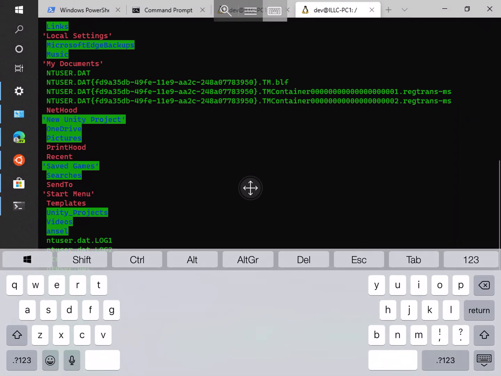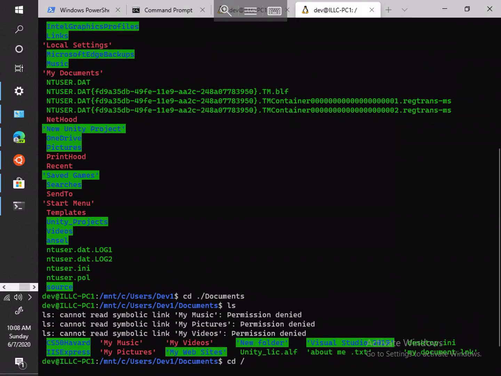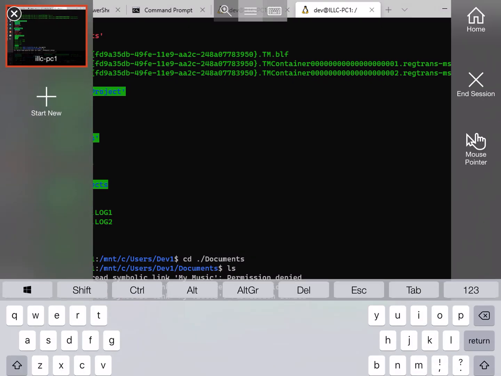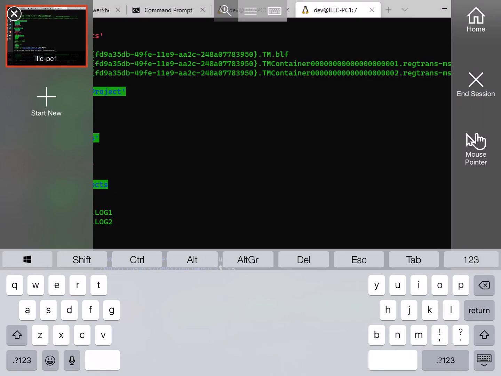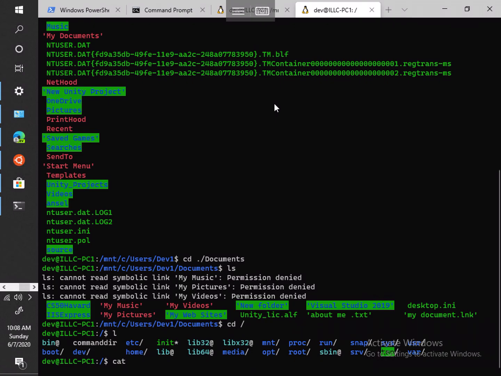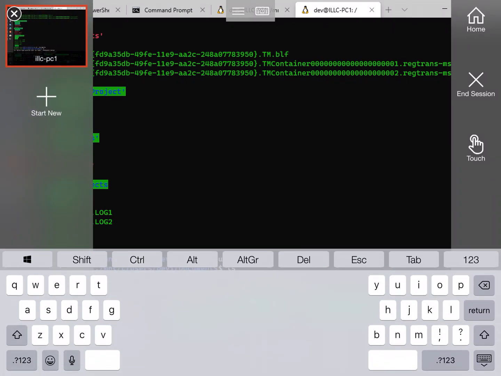So I can go L, because on Linux, on Ubuntu, you can just put L and it'll actually show what, like, the ones that have slashes are directories. The other thing is either a file or a batch or whatever, and the others are like a protected folder or whatever. But I can also do, say, cat, and then my file command dir,